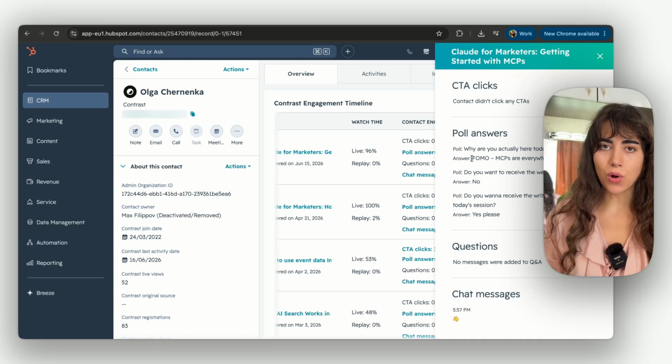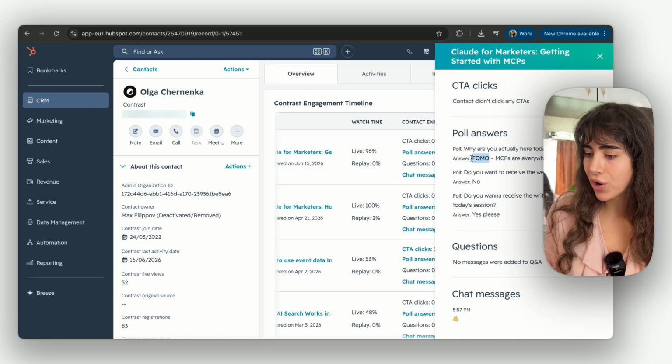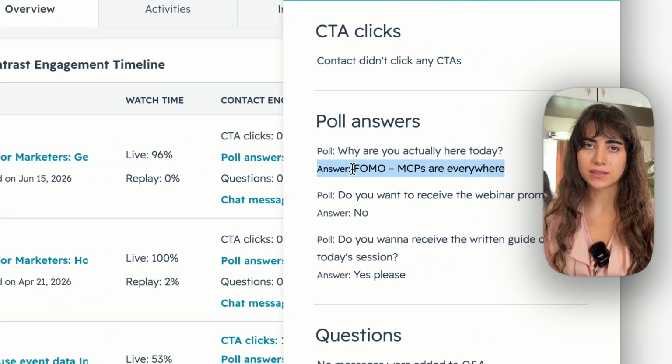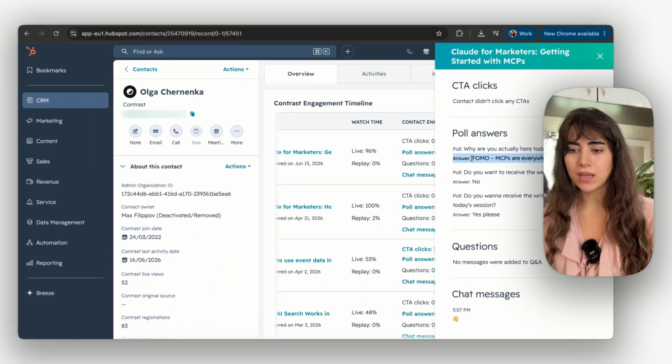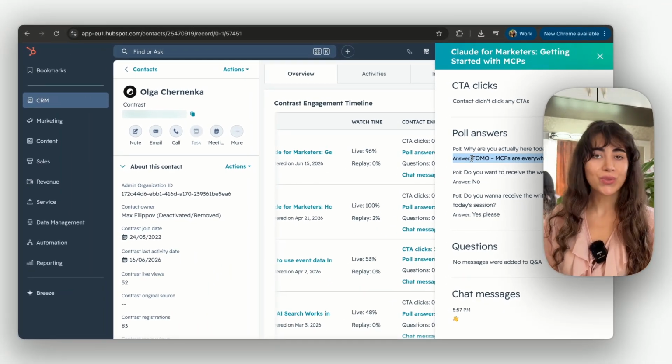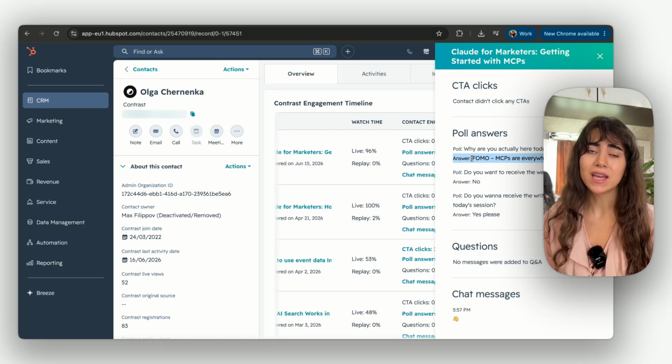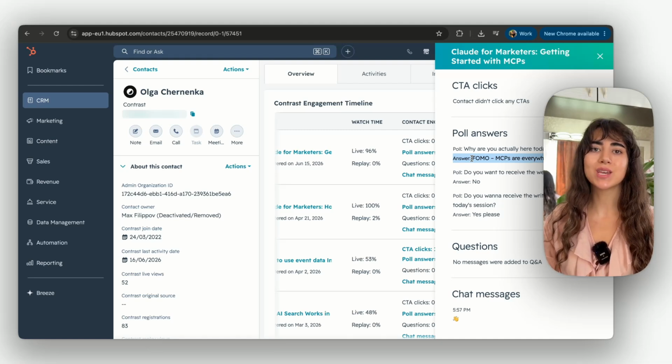This contact answered the poll during a webinar. The answer is right here, but it's inside the timeline event. Try to use this value in an email personalization token right now. You can't, not directly. In this video, I'll show you how to turn app event data into properties using HubSpot